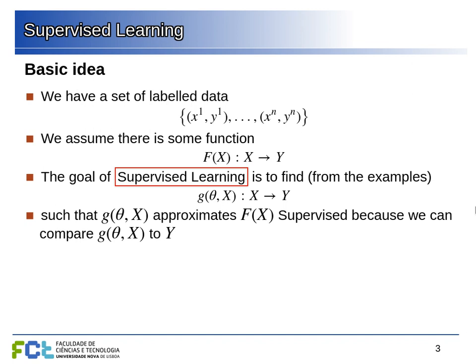So we're going to assume that somewhere in the universe there is some function that makes it so that if the example has some features, some x, it will have this y. For example, there is some relation between the location of the house, the year it was built, the number of rooms and so forth, and the price. We don't know what that relation is, so this is this f function, something we don't know, but this is what we would like to approximate in order to predict the price of the house. So this is what would be the goal of our supervised learning.